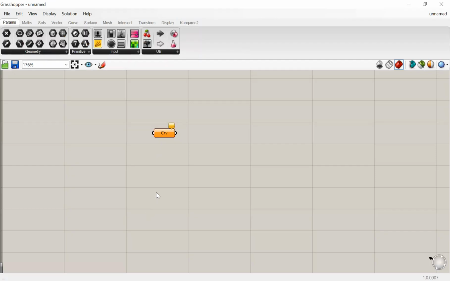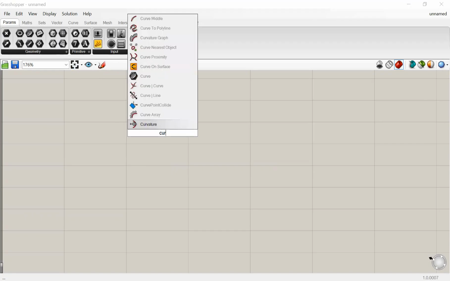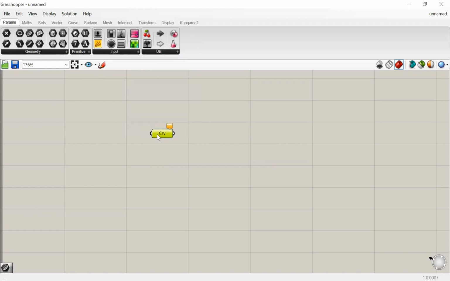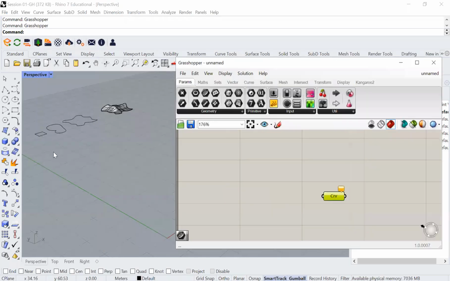So I'm just clicking with the right click of the mouse. Then I'm gonna delete it for now. Or I can double click here and type curve, and the same result. I have everything that has to do with curve, but I want this one, for example. So when you have this kind of icons that doesn't look like a battery, that means the information will be imported from Rhino. So if I make this smaller, okay, and I choose this curve, for example,